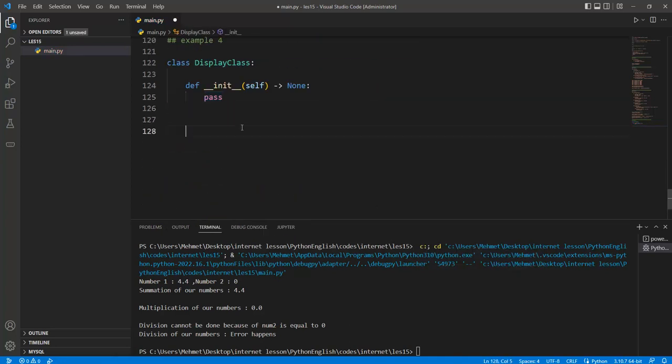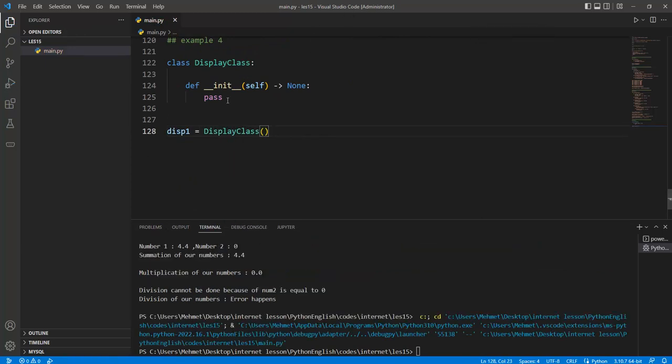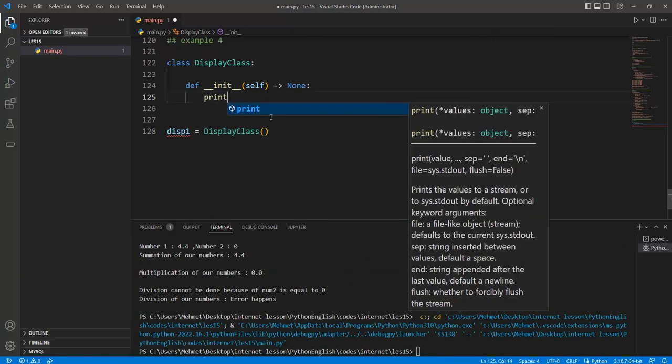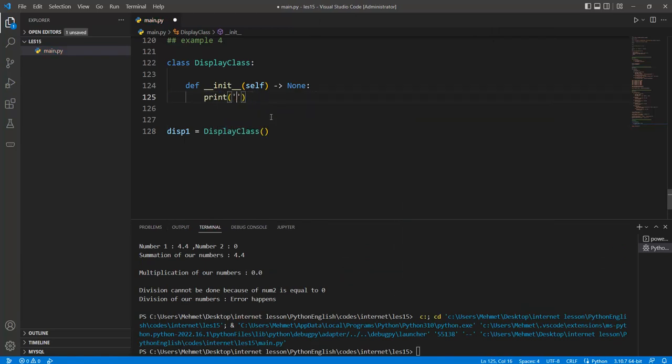Okay, and so this one can be equalized to the class, or we can give this is display class object. Okay,